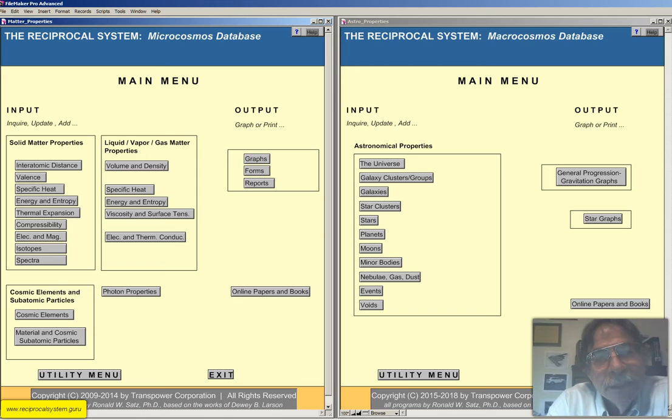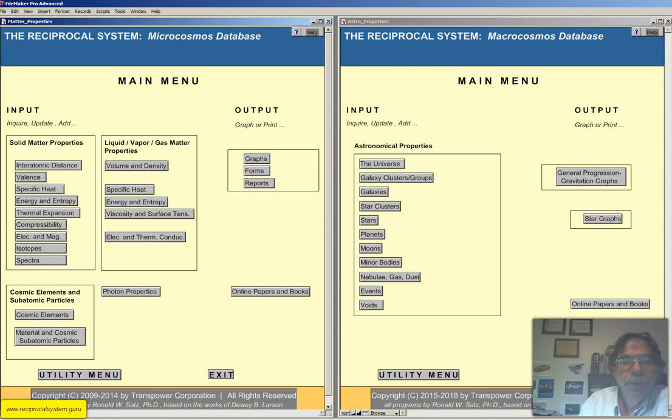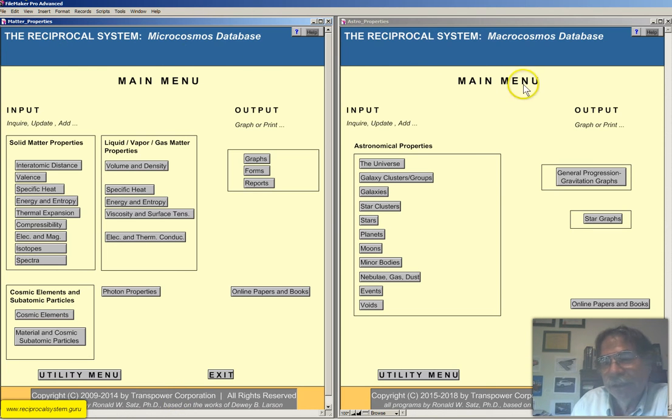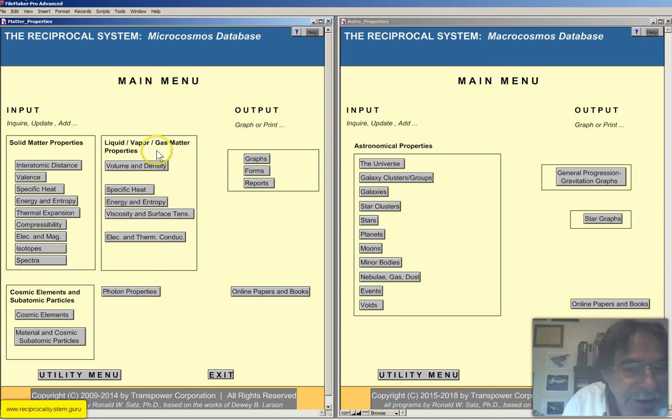Today's screencast, like most of my screencasts, will be about the reciprocal system, specifically the reciprocal system Microcosmos database, which you can see on the left panel here. I've already covered all the layouts in previous screencasts for the reciprocal system Macrocosmos database. Last week, I covered liquid vapor gas matter properties, energy, and entropy. So this week I'm going to go with viscosity and surface tension. So clicking there,